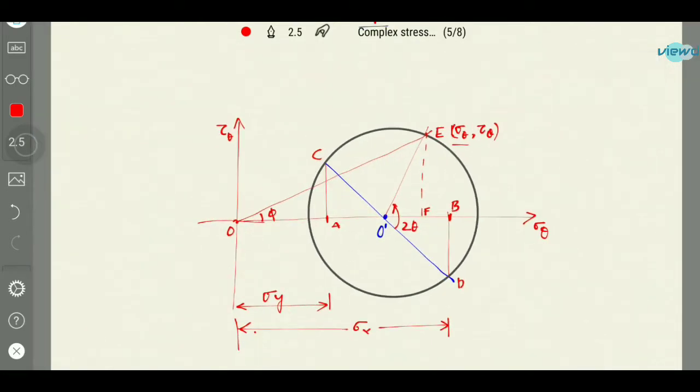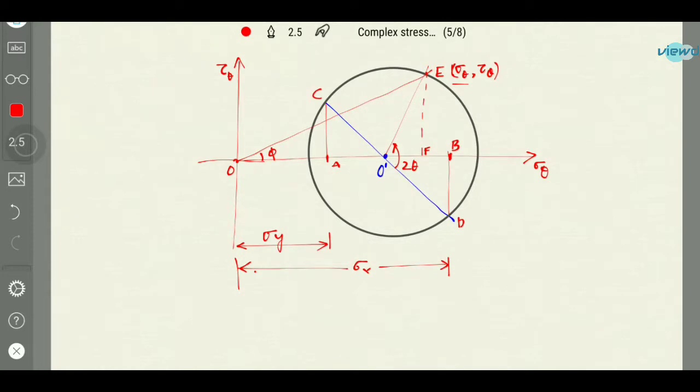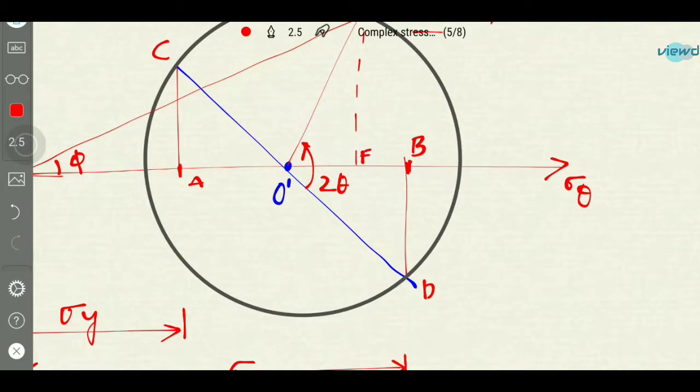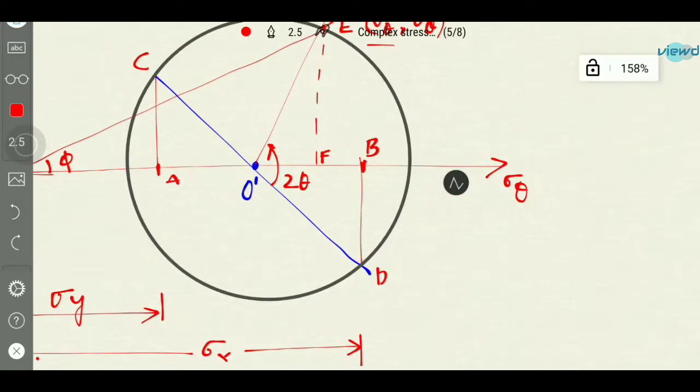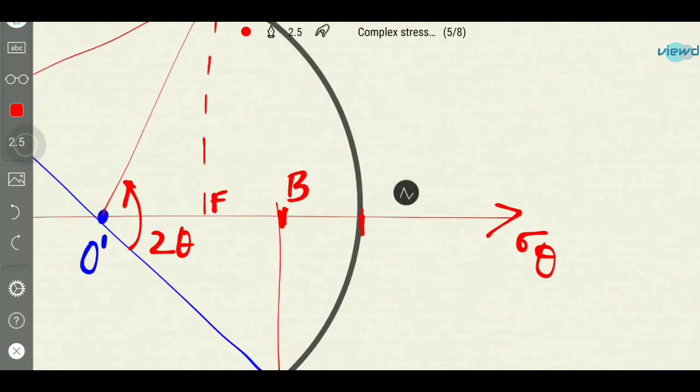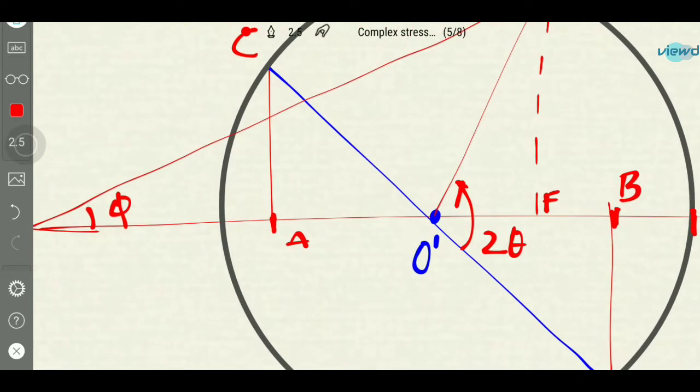So this is the Mohr circle diagram. Then what will be the sigma 1 and sigma 2? This 2 theta will be the oblique plane, and what will be the sigma 1? Sigma 1 is maximum principal stress. What is maximum principal stress? When shear stress is 0, that plane has maximum principal stress or minimum principal stress. So what is the plane that has shear stress 0? One is this one. This plane has shear stress 0. So this will be this point. Let us say this point is H. This H will have sigma 1, and the other angle will be this one, because it will be 2 theta,